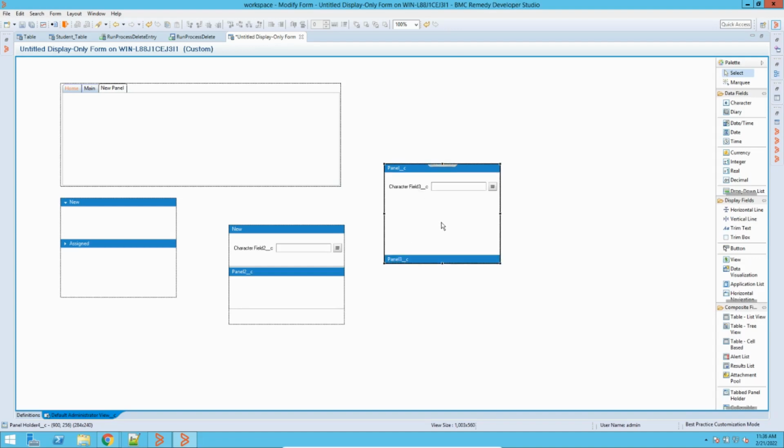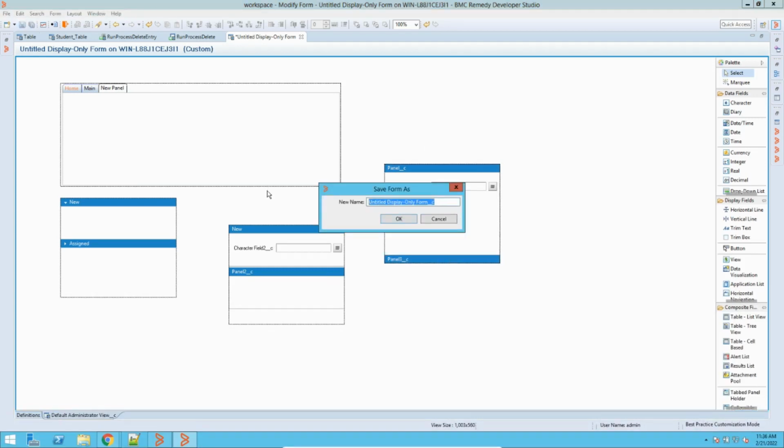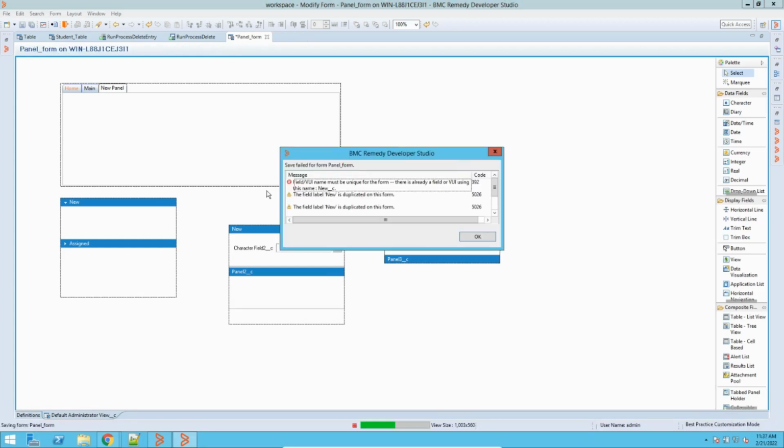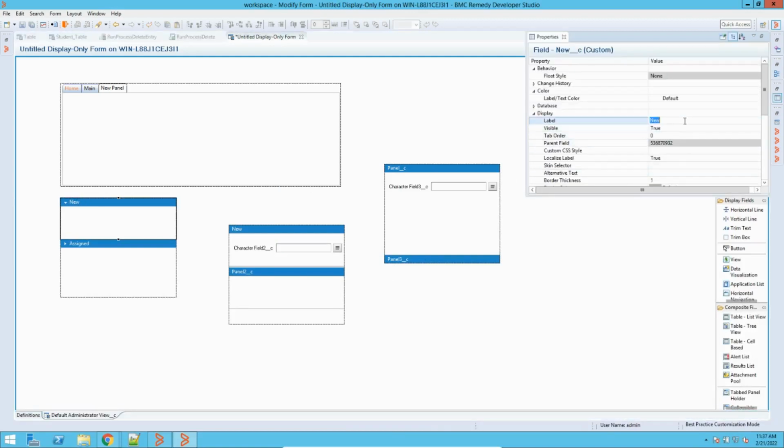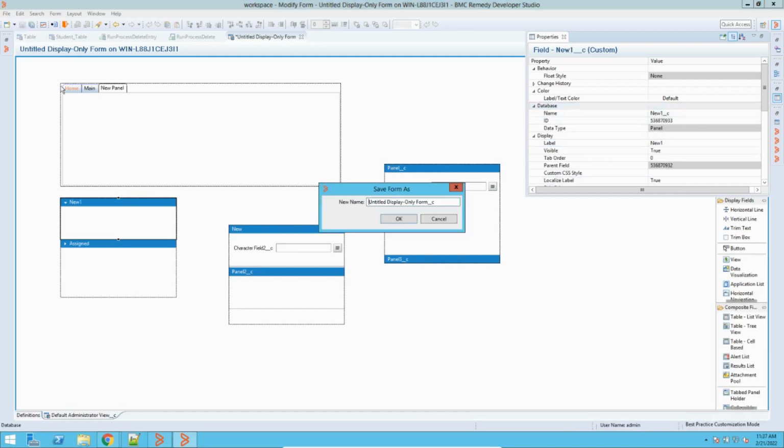Okay, now let's do one thing. Let's see how these panels look in the system. I'm not able to drag it. Let me save this. I have just named it. There is some issue with the naming, so let me add a new name and save it.